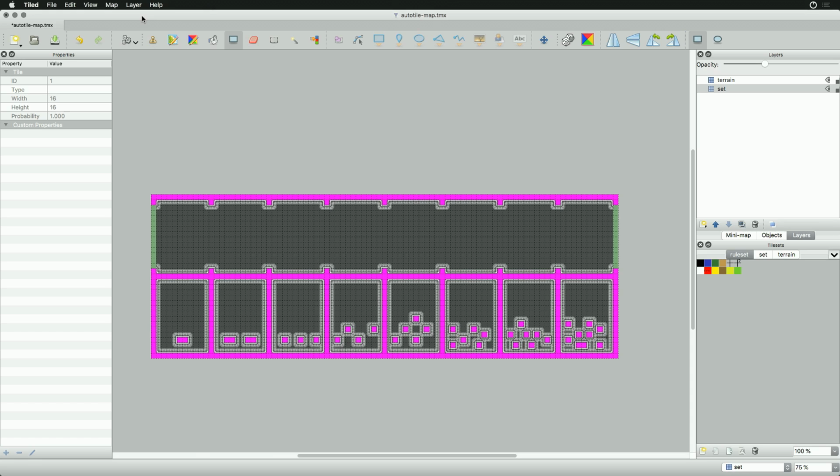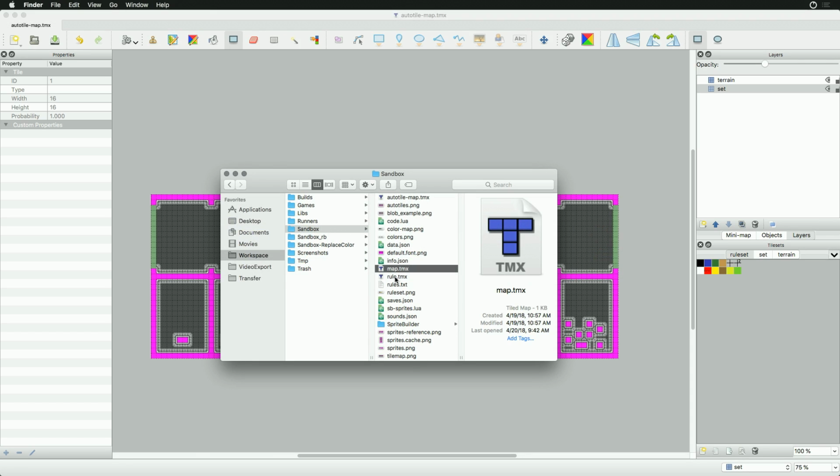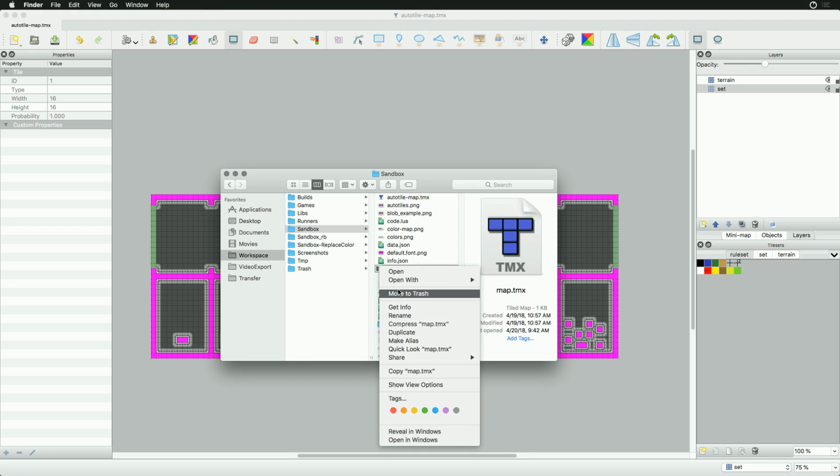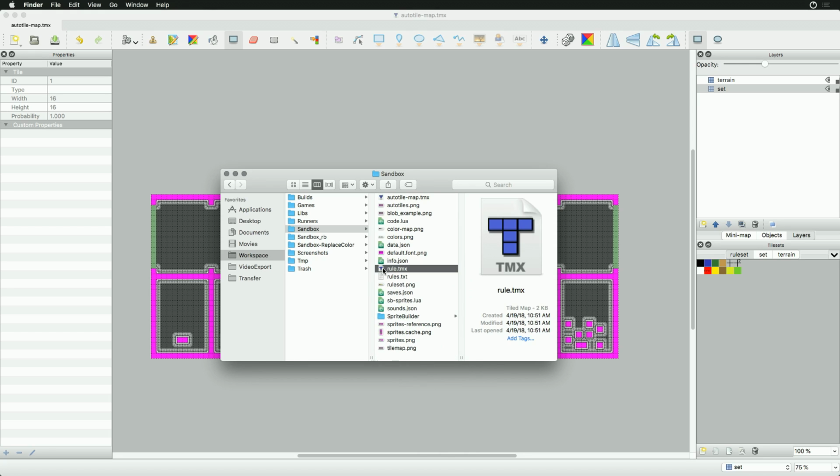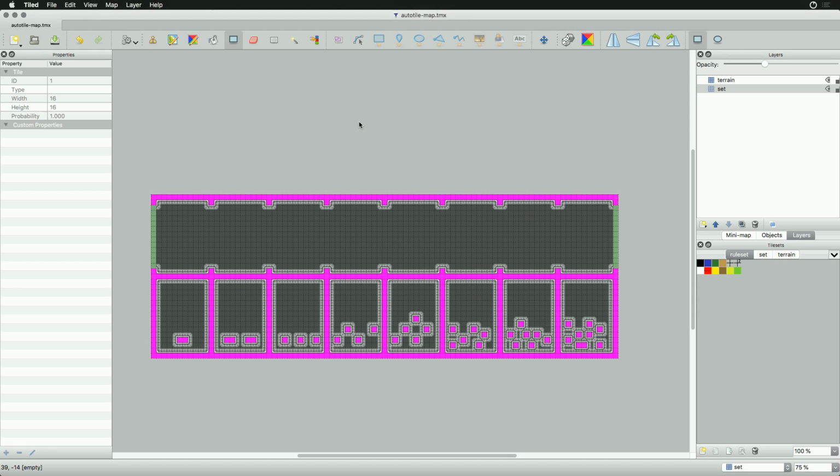And all right, we're gonna save this template out. What I want to do is delete this. I'm going to move this one to the trash. We don't really need this anymore. And this should be sort of good to go. What I need to do next is we have